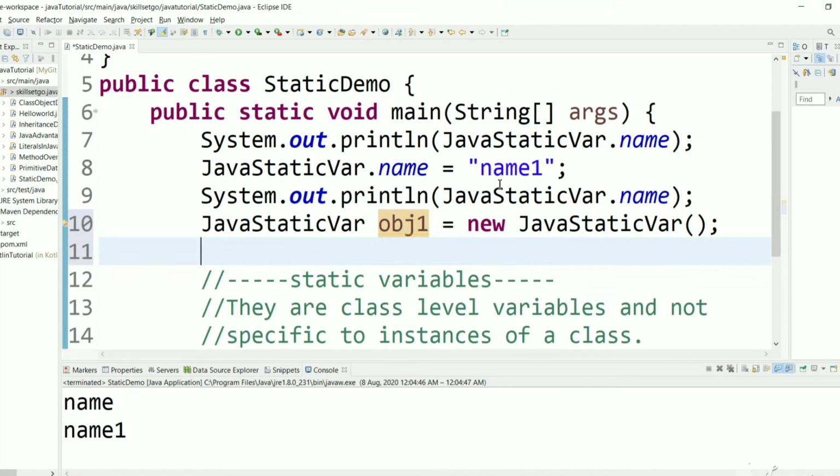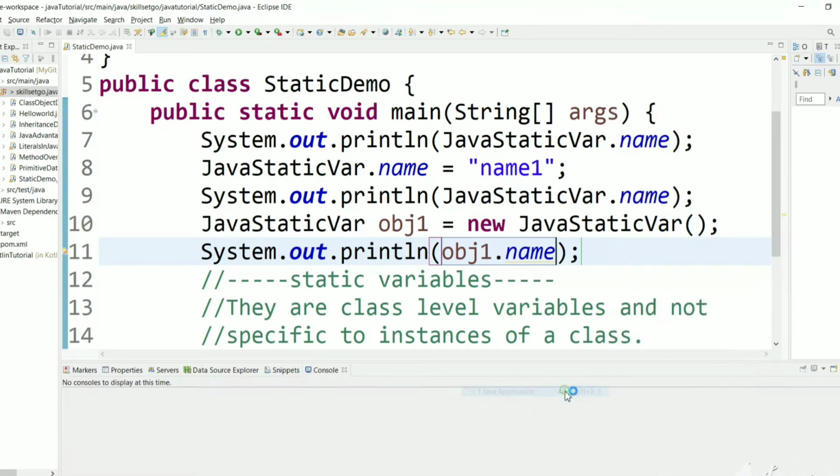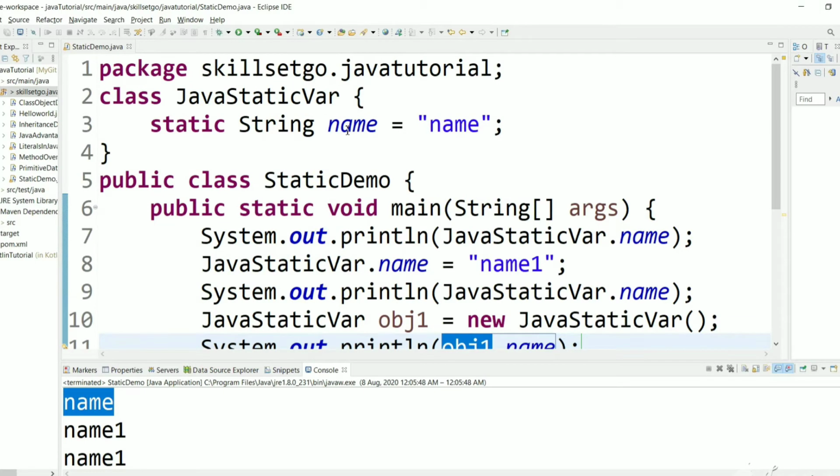Here we will get the latest value, that is name1 instead of name. Let's execute and see the result. We should get name1. As you can see we got the latest value.